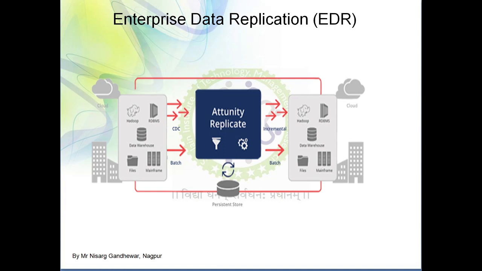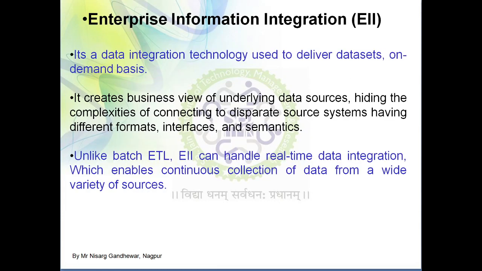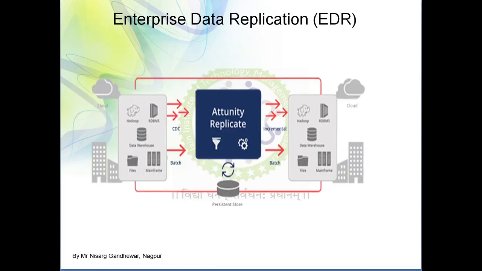So I hope you understand these three technologies which are used for data integration. The first one is ETL, that is extract, transform and load. It is a traditional one which was used a few years back. Now also it is used. It's totally the choice of the organization, but I can say that ETL is a traditional one. It does not support real-time data integration, and in order to support real-time data integration the second type of technology comes, that is EII, enterprise information integration, which supports real-time data integration. And the last one is EDR, that is enterprise data replication, which is used to move a huge quantity of data from one platform to another.